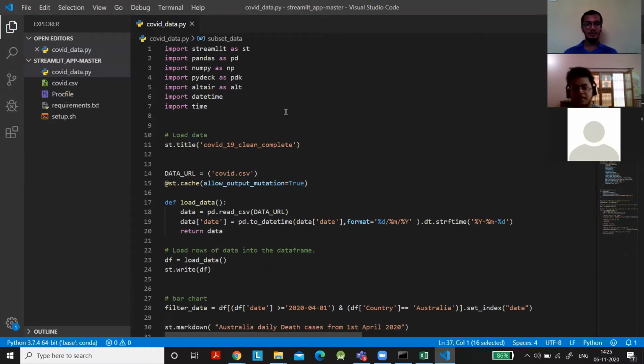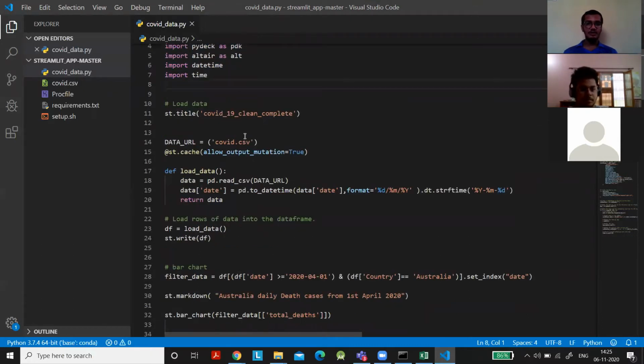We have imported all the libraries required: Streamlit, Pandas, NumPy, PyDeck, and we have plotted the graphs using Plotly. The title which we have given to the dashboard is COVID-19 Complete, and we fetch our data set, that is COVID.csv.